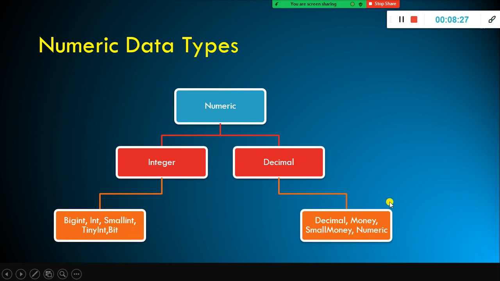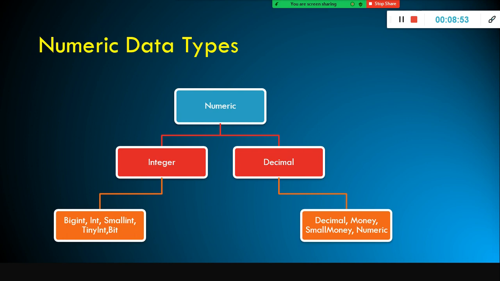And also in the decimal data type, we have decimal, money, smallmoney, numeric. Four different data types are available under decimal, and 5 different data types are available within the integer data type itself. So a lot of data types are available in SQL Server. This is to suit different use cases.